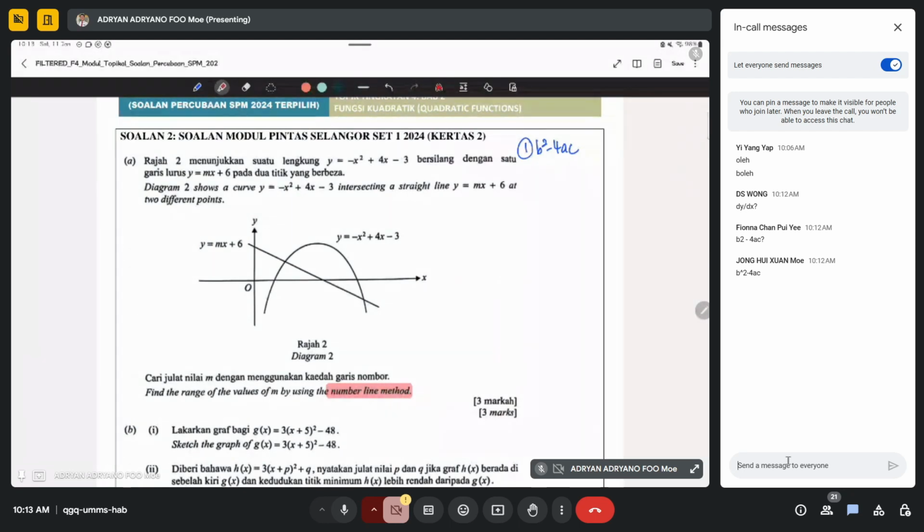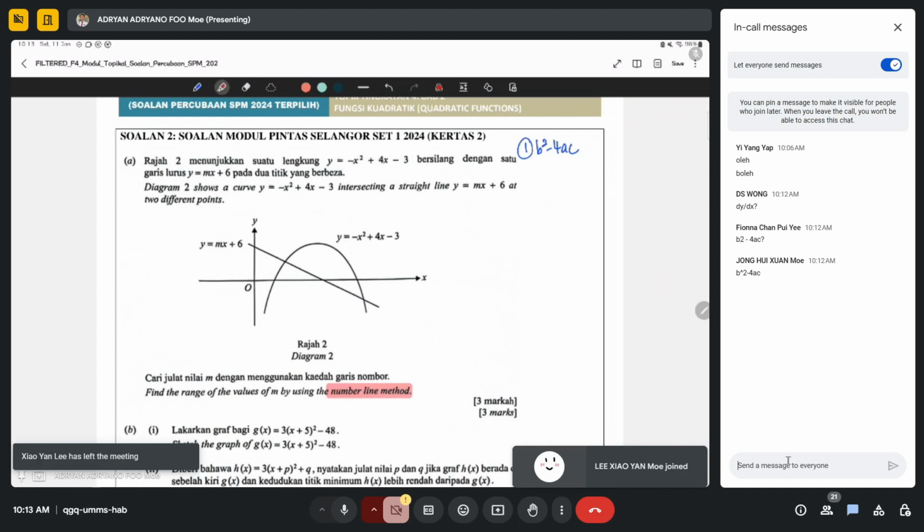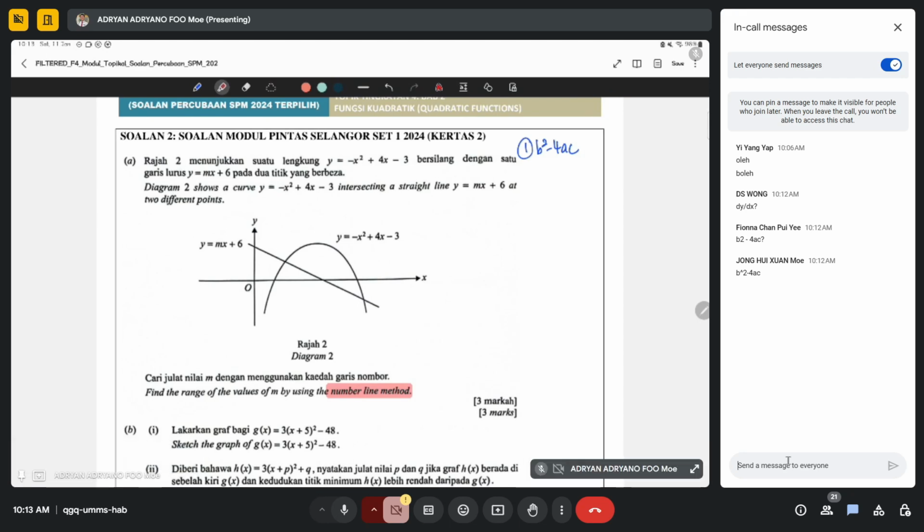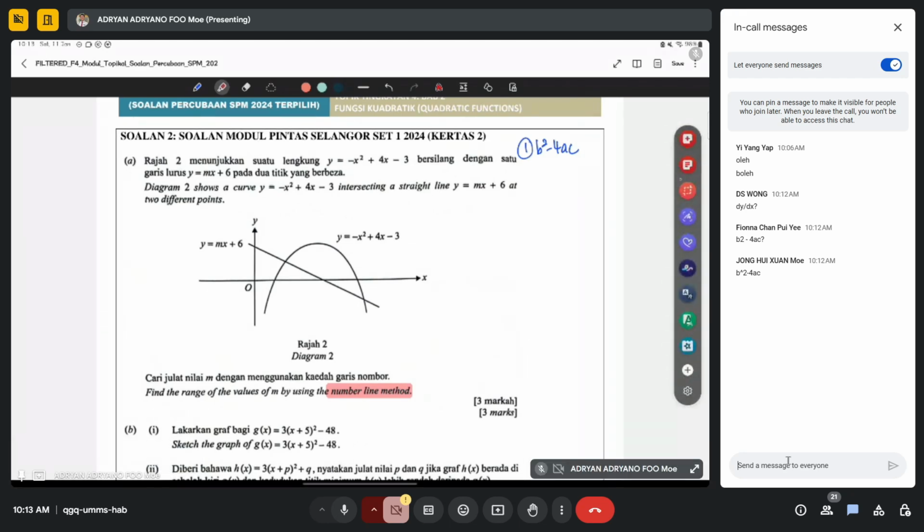So 这里呢，你不可以用那个我们教你画 graph 然后你涂了。That one is wrong, because that one is graphical method. So that's why I chose this question, because I saw this quite a lot in your trial paper, number line. So 我们来看 number line 怎么去做。